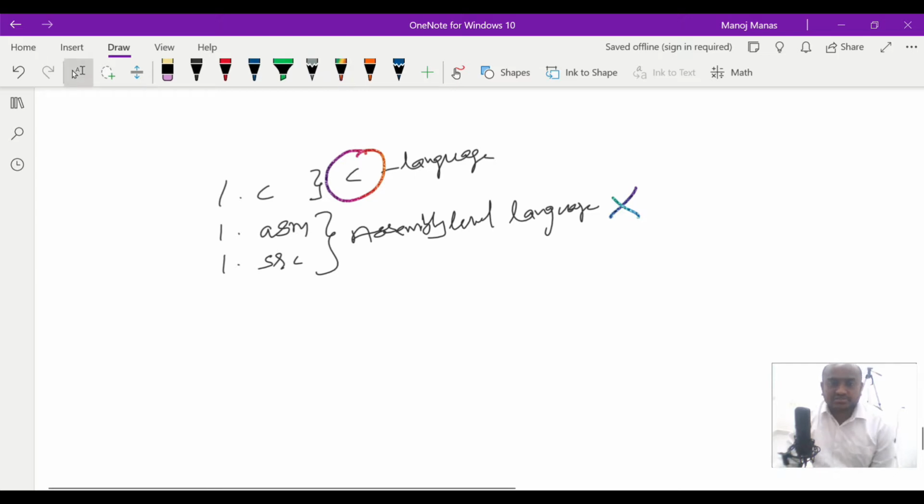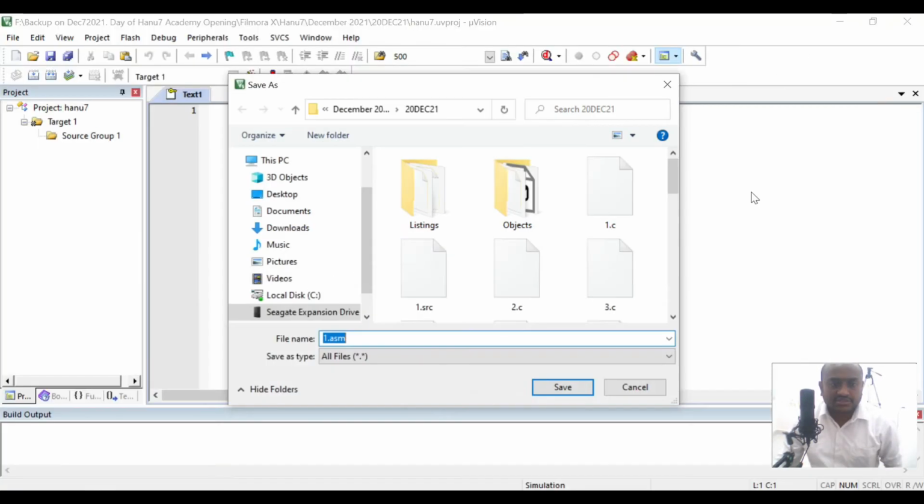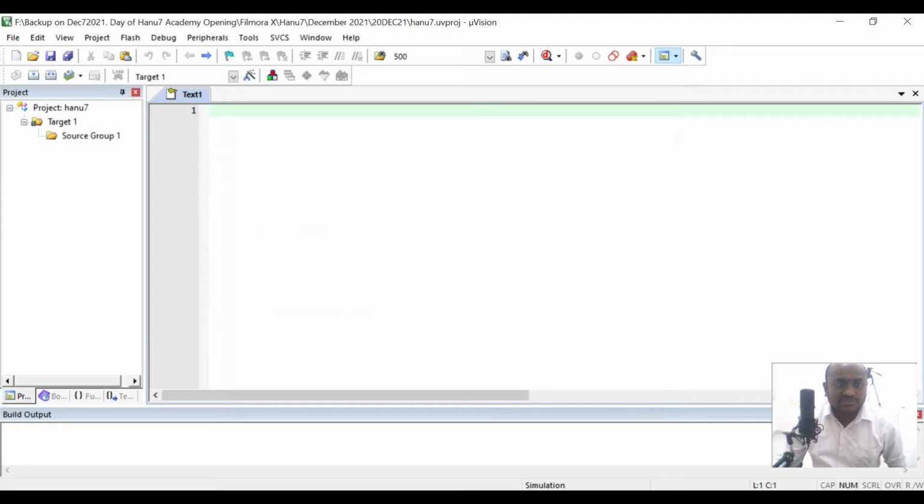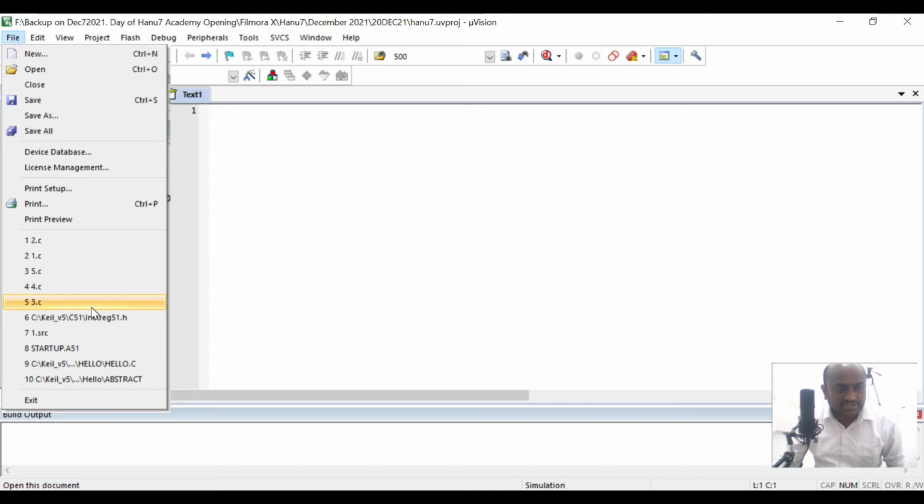I already told you while creating the project, if you want to work with assembly level language programs, then you need to add .src, which is the file required for assembly language programs. So I am going with only 1.c. Let me open the file which is already written as 1.c, or otherwise let me create one more file. But let me change the file name. I already have some programs with the name 1.c, so let me change the name.